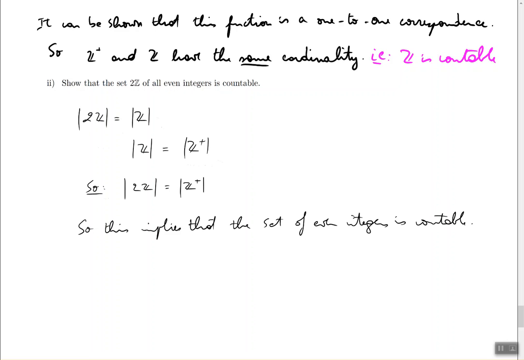And that's what we wanted to do. So there's no reason to develop a new function all over again. You could just say that the set 2Z is equal to the set Z. We proved that. And then we also proved in part 1 of this problem that the set Z itself is equal to the set Z plus. So that means by transitivity that the original set 2Z and the final set Z plus are equal in size, which means that they are countable. Because if you are equal in size to the set Z plus, then you're automatically called countable.